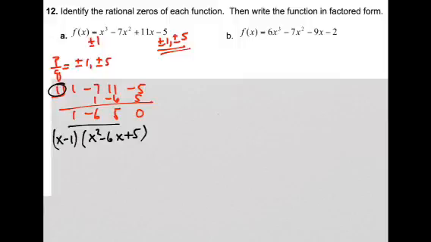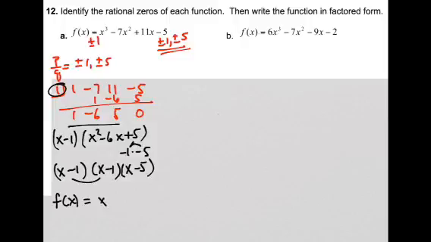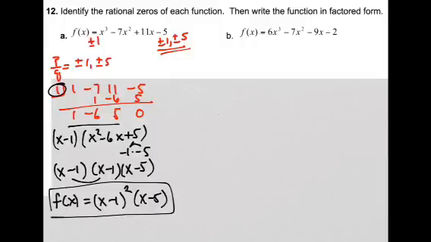Okay? So, factors of 5 that add up to negative 6: negative 1 and negative 5. And so I could factor this as (x minus 1)(x minus 5). Notice I have two of those, so f of x could be rewritten as (x minus 1) squared times (x minus 5). So that's the factored form. And the rational zeros would be 1 and 5. So, again, letter B does not factor by grouping. So the p value